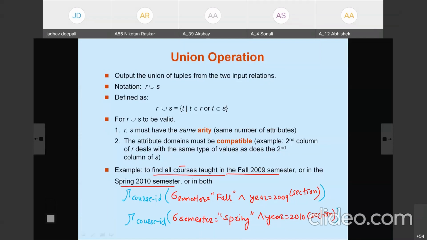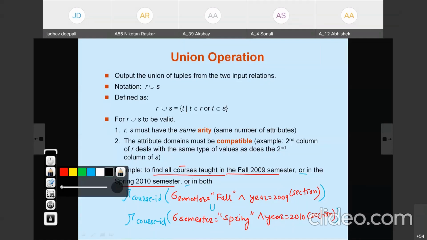Now we get two separate results, but we need to combine them. What do we want in the resulting relation? Or. Means here we need to use the union. Union of both the results.